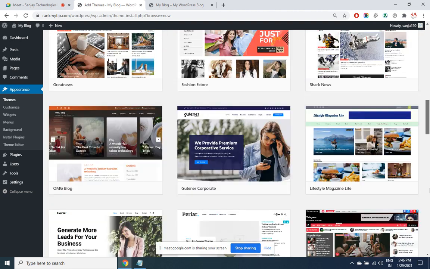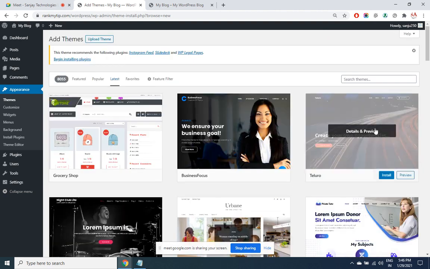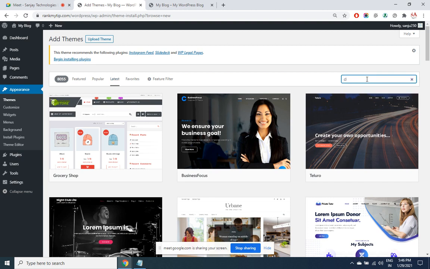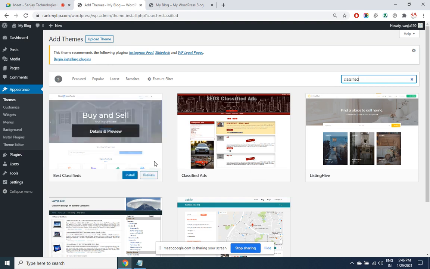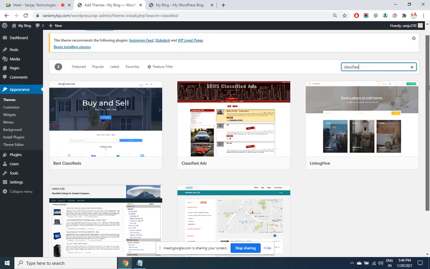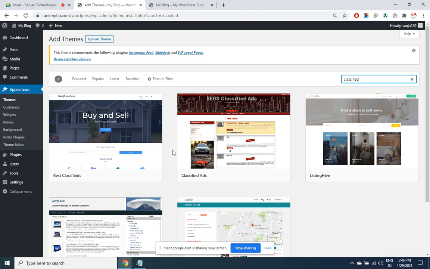So even specific to any category, you have themes here. You can search even using this box. These are classified themes. But who wants to have a theme which is inbuilt? We want to have a private theme. Like we installed a private theme in Blogger, outside WordPress there are millions of themes developed. So rather than using the inbuilt themes, better you search for a theme which is professionally created by others.